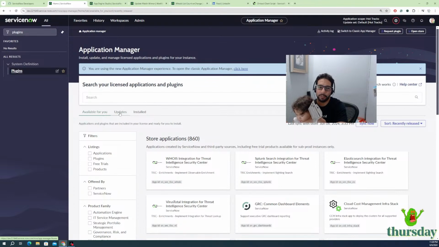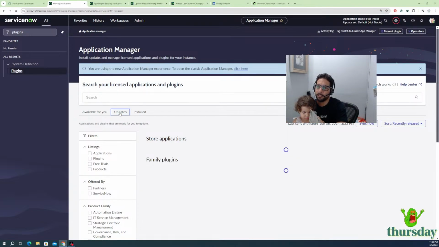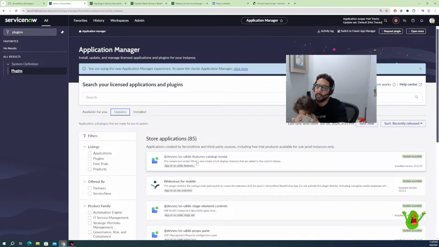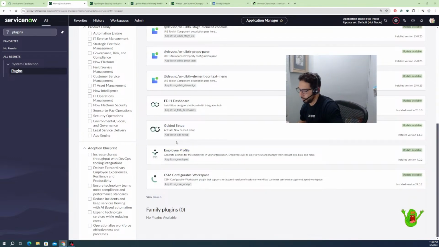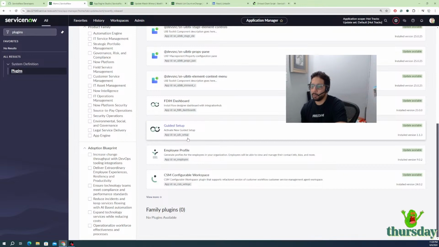If you go here to your application manager, we got our updates, and there was a Workflow Studio update. Once we did our Workflow Studio update,